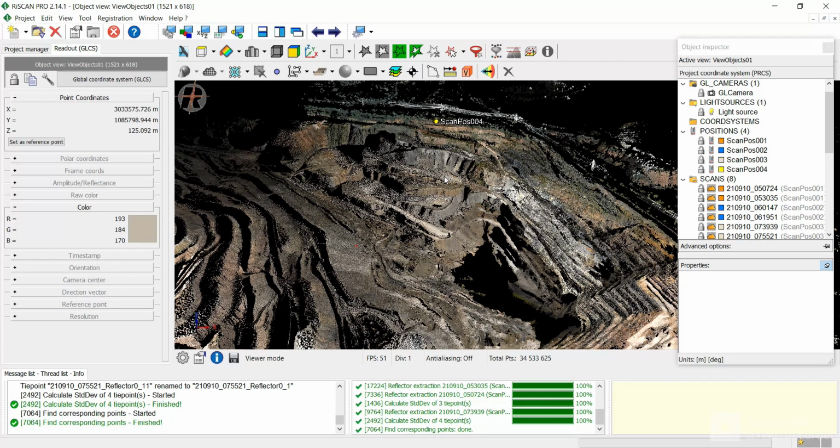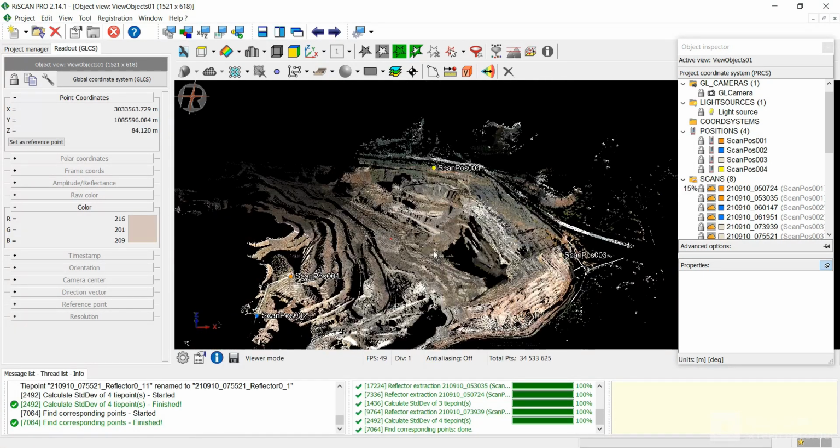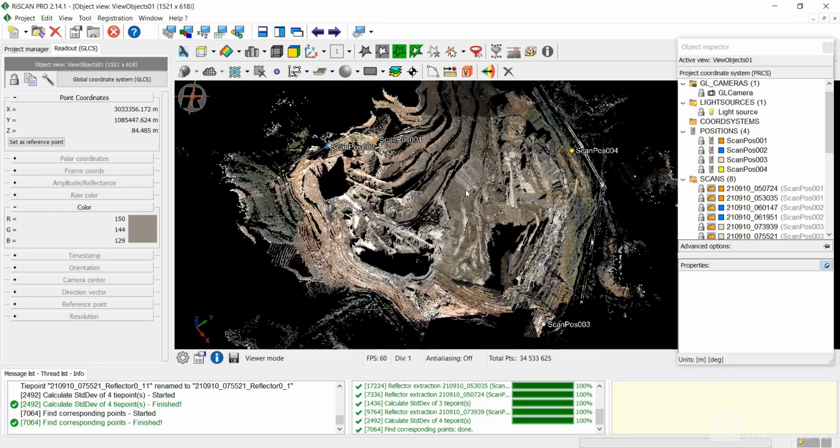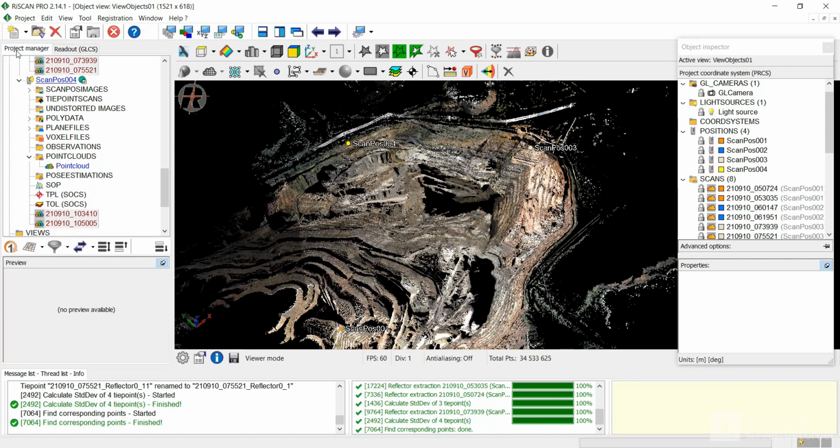Just to make sure, I am using an arbitrary coordinate system here as the global coordinate system, not any standard WGS84 or something like that. So don't get confused about what these XYZ values are after georeferencing. They just correspond to my own assumed coordinate system, but the idea is how to georeference our point cloud, and this is how we can georeference the entire point cloud data in a project in the RiScan Pro